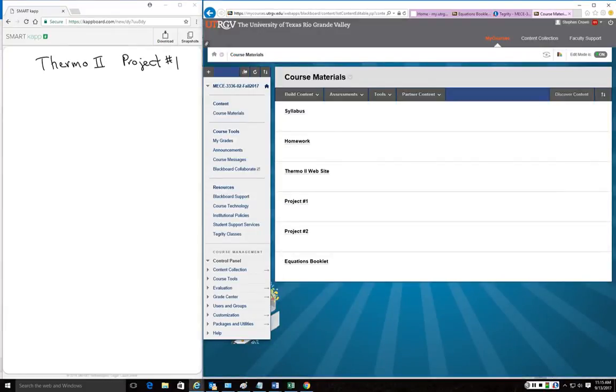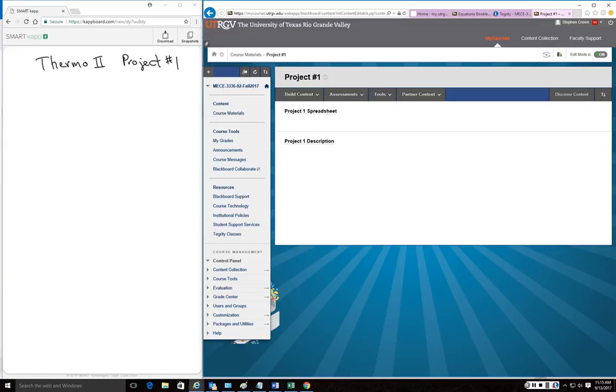I'd like to give you some help with the project of designing a steam power plant. To begin with, we can go to the Project 1 site. If you click on Course Materials and then find Project 1 listed, there's the description here, which you can pull up,